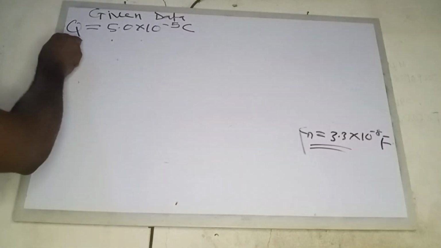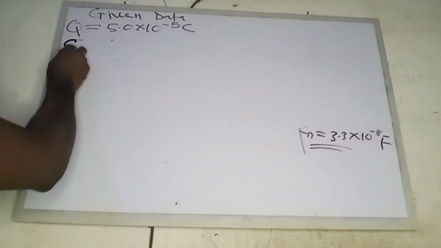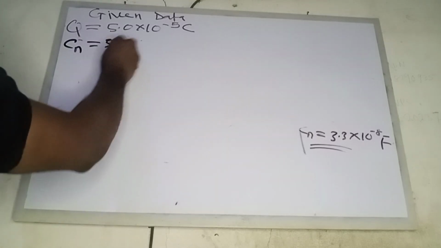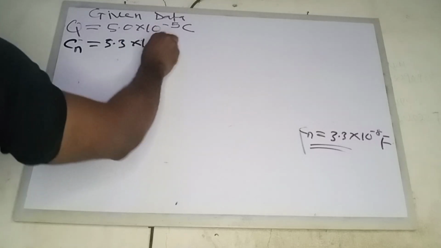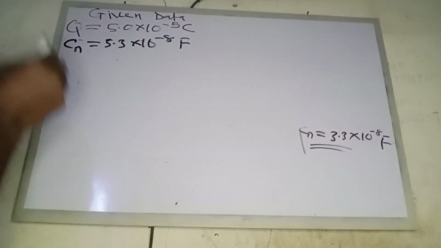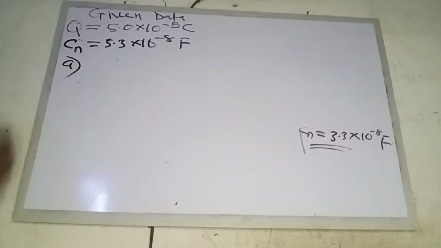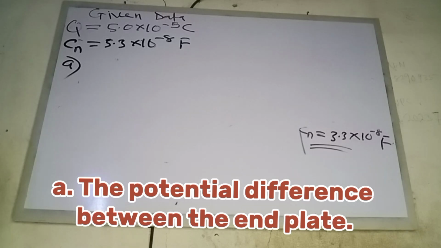This number, we have our Cn, which is the total capacitance in series, equal to 3.3 times 10 raised to the power of minus 8 farad. Now we are to solve question A. They said the potential difference,